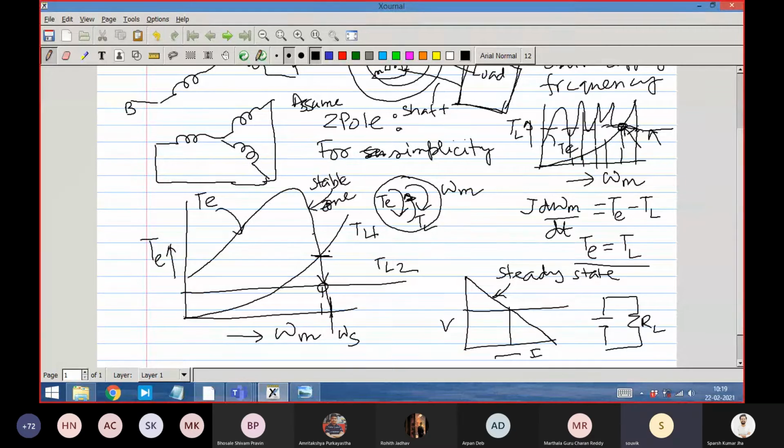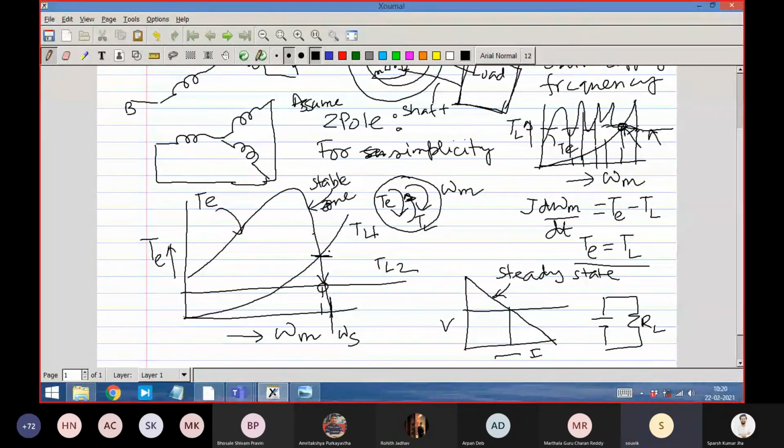Any question up to this? Then I will explain qualitatively how the torque climbs up like this. I will not tell it mathematically, but I will tell qualitatively what is happening there, and why the electromagnetic torque has this kind of nature. The mechanical torque characteristics, the mechanical people will tell why it has a nature like that. That is not our business.